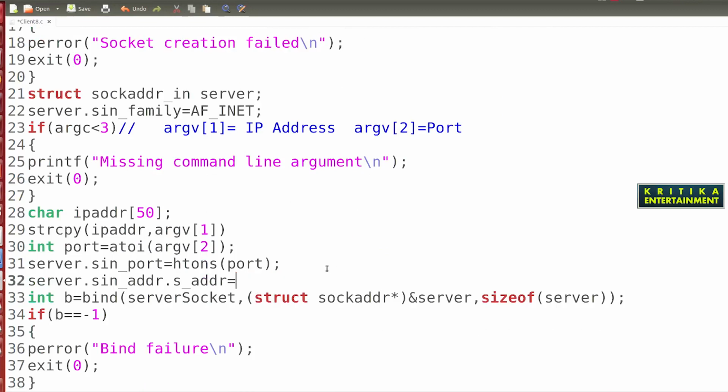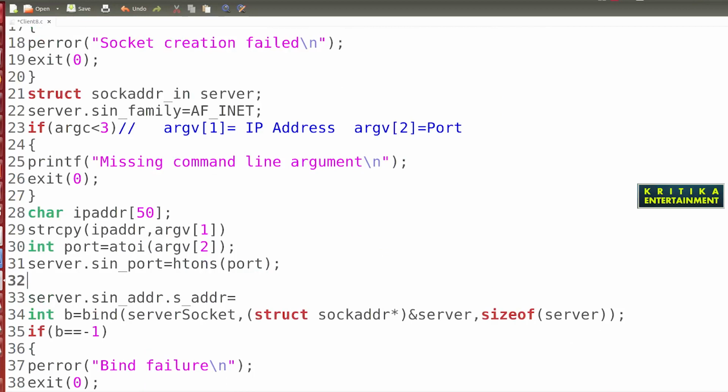I will tell you. You need to convert this IP address into a system formatted IP address, so that it will be understood by the OS, because this is a string formatted IP address.